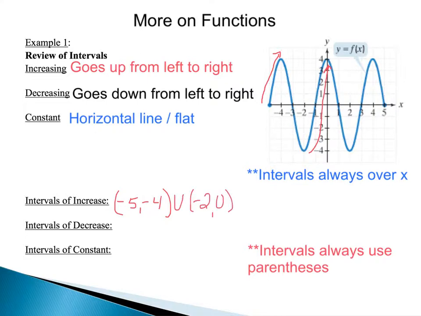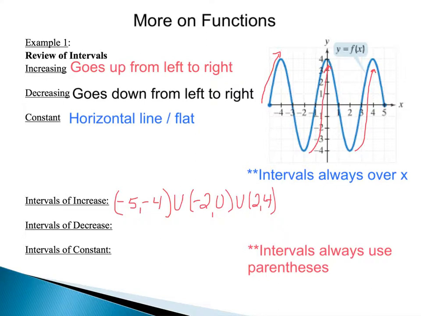So we're not going from -2 to 4, we're going to be going from -2 to 0. Because remember, again, we're talking about that x value. And then I think we have one more interval of increase, which would be from x equals 2 to x equals 4. And those would be our intervals of increase for the function f of x that we're given.